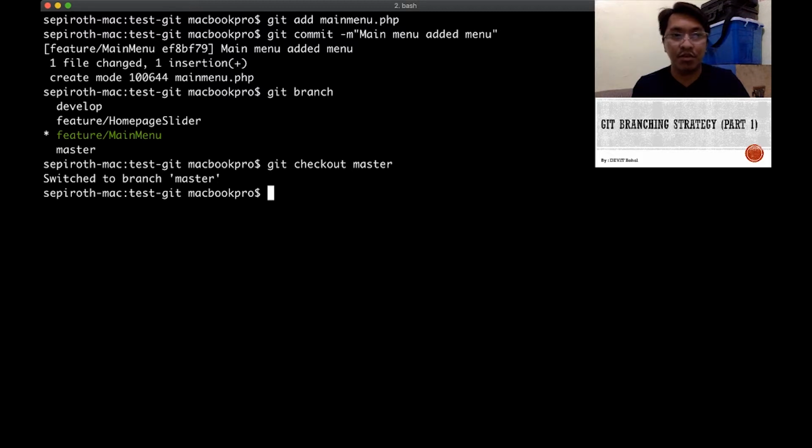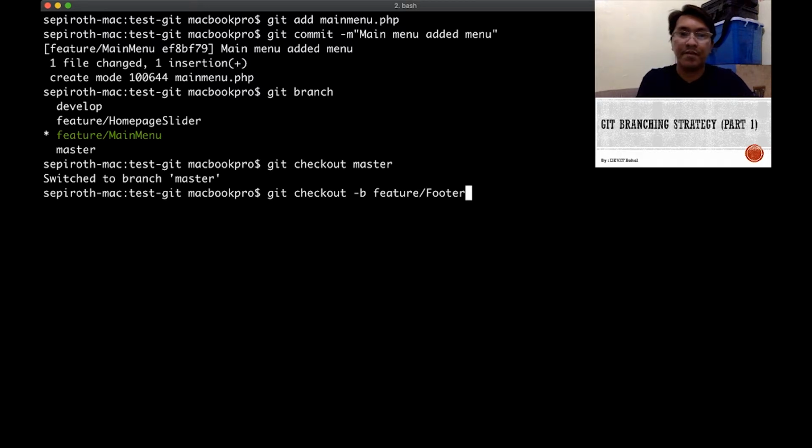Because if you're using another branch, like develop or the feature branch of your fellow, you don't know if it has a bad commit, you don't know if it's dirty, you don't know anything about it. So it's always safe to start on the master branch. So first check out master, then create a new branch. Let's say feature